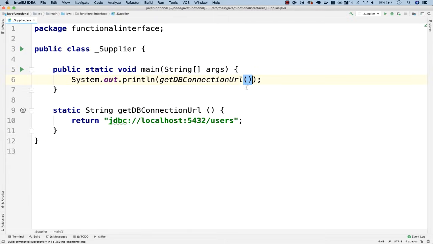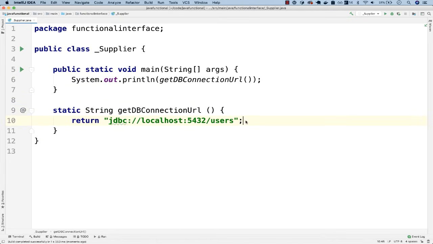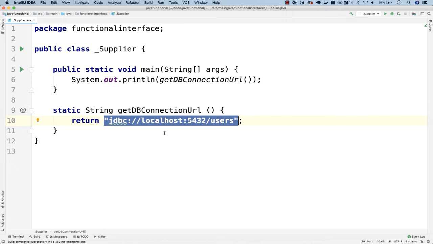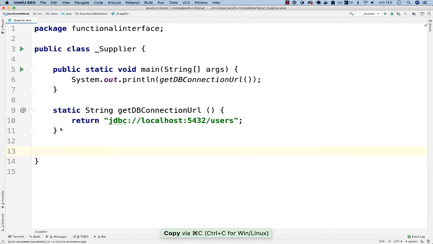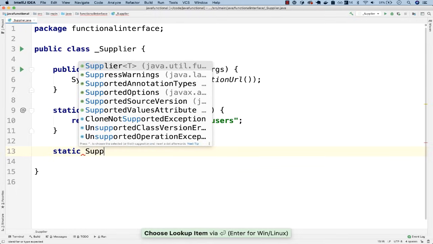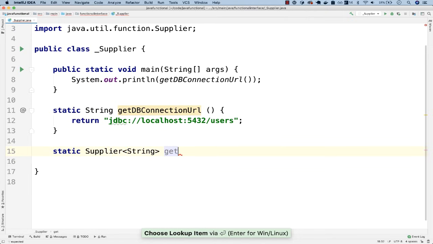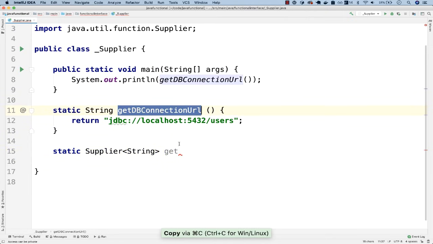So the purpose of this function right here is simply to return a value right here. So this is the value that it returns. So we can use a supplier to represent the exact same thing. I'm going to copy this URL, and to have this Java function as functional, we simply have to say static, and then Supplier, and then this will supply a string, and then get, let's grab this,